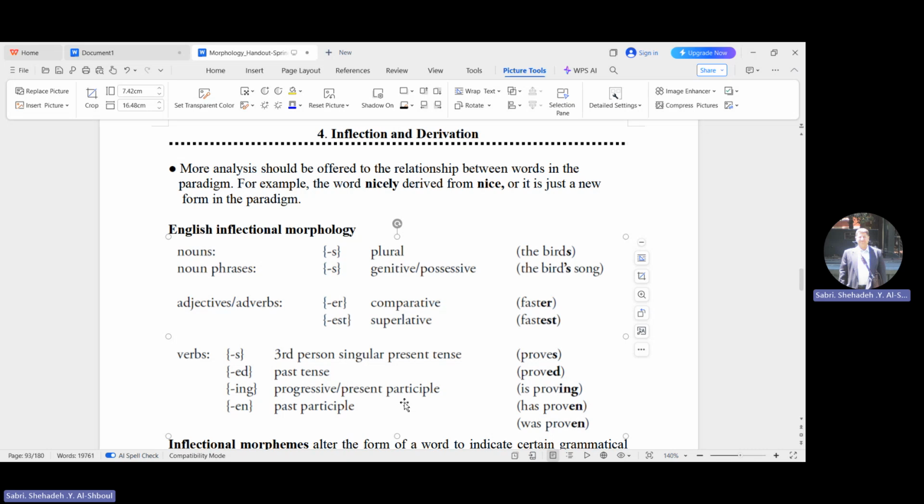Derivation typically refers to the creation of new words by adding affixes that often change the lexical category or meaning of the base word. For example, the addition of -ness to happy forms the noun happiness, illustrating how derivational morphology contributes to lexical